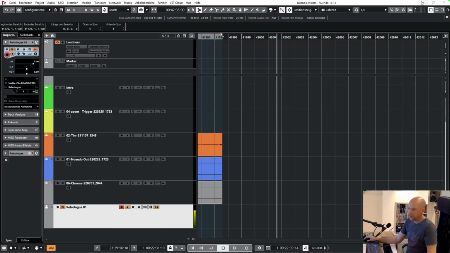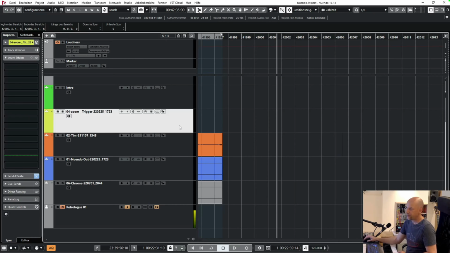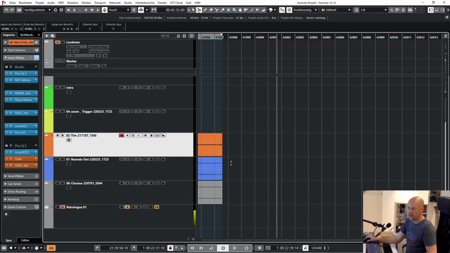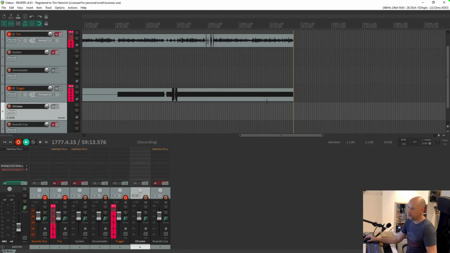And the last tool is Nuendo. So I import all the tracks to here, and then I can change the volumes very fast. I've got all the settings here, but now let's talk about the trigger signal that you can see in Reaper